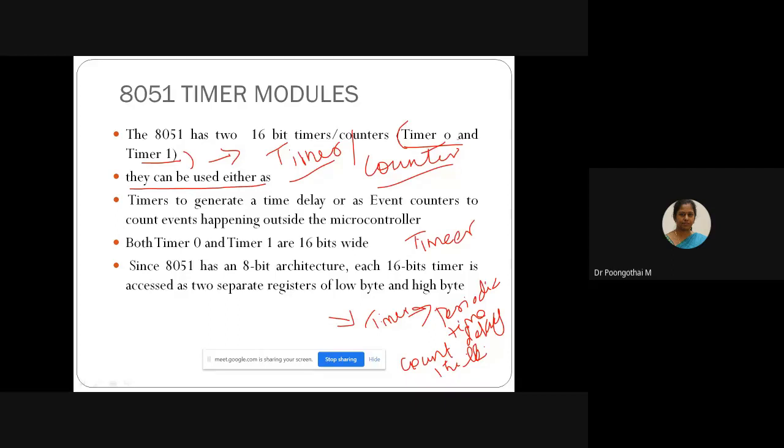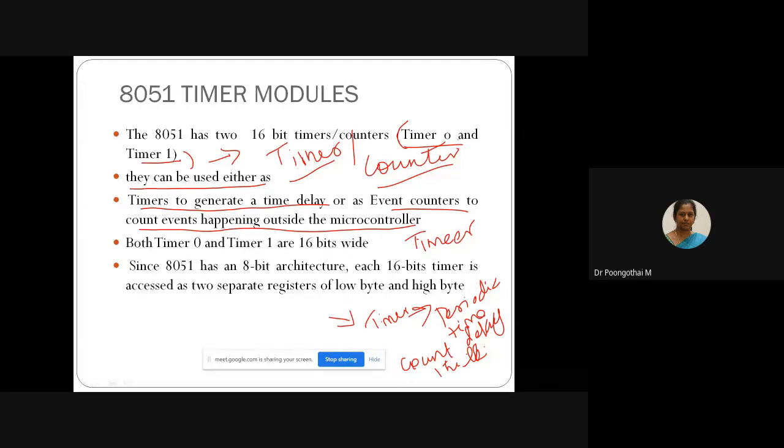For example, if you have to count how many times some sensor triggered an alarm, or how many times your sensor sends data to a particular hardware module, in that case you can use the timer as a counter. So timers are used to generate time delay, and counters are used to count events happening outside the microcontroller. So that is the difference between timer and counter.